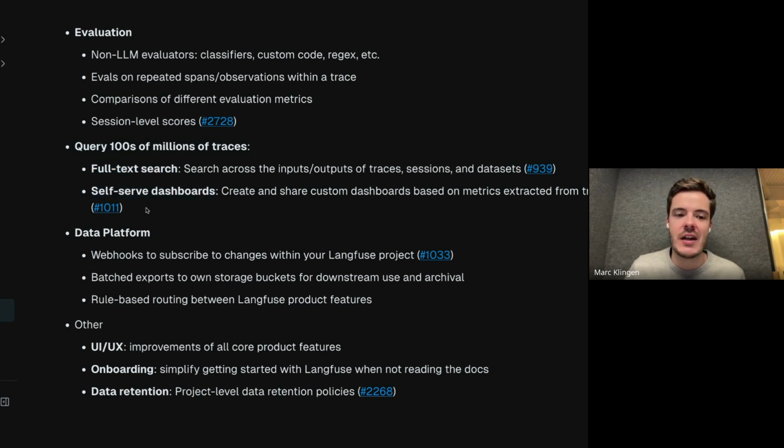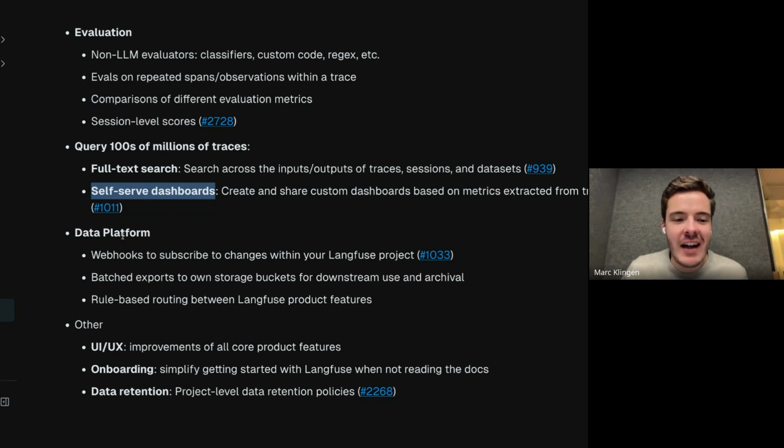And self-serve dashboards, because a lot of the data in Langfuse is very flexible, and the kinds of analysis you want to run are flexible. We have some teams that export the data from Langfuse, for example via Airbyte or via scheduled exports from the API, to their own data warehouse to do some downstream analysis. I mean, this is possible. You have full access to the data that's in Langfuse. We want to make this easier, so offering some sort of visualization similar to Grafana. I mean, similar to Grafana is a tall ask, but we think we can get there and build